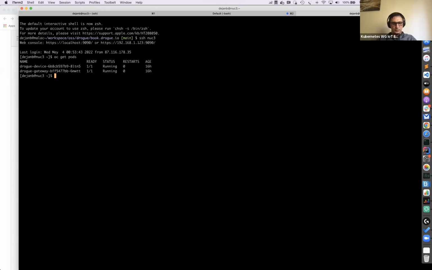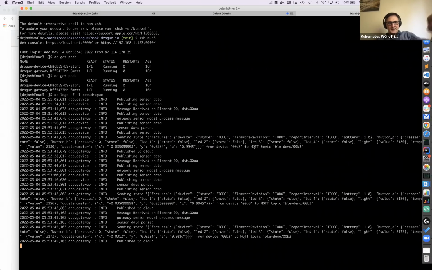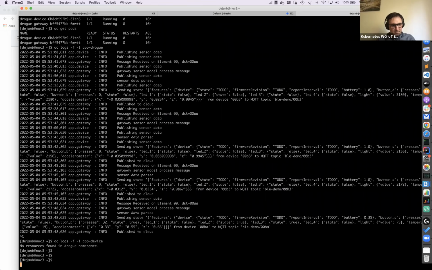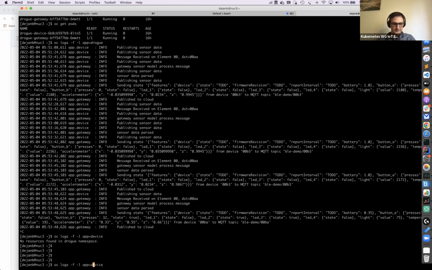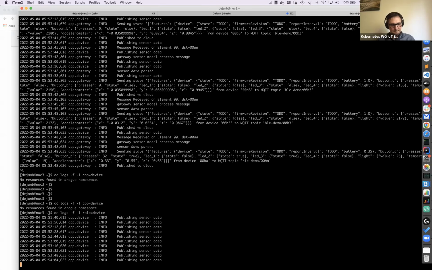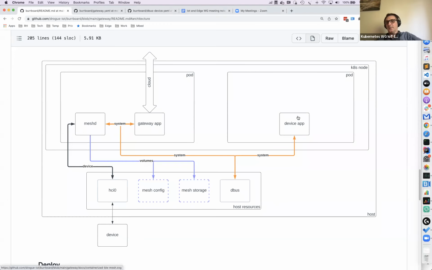And you can see, for example, let me get just the device. The device is basically just sending data, using the Python library that talks dbus on a proper channel and sends properly formatted dbus messages. That's all this app is doing.